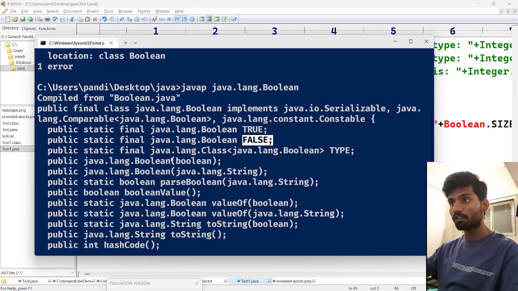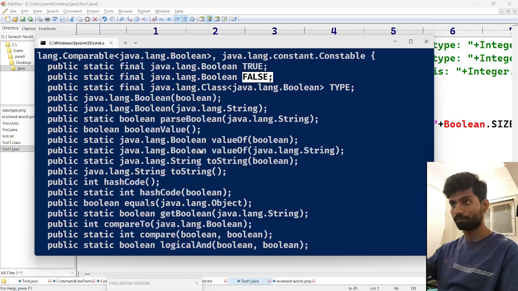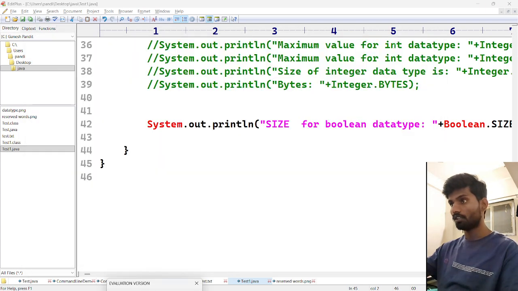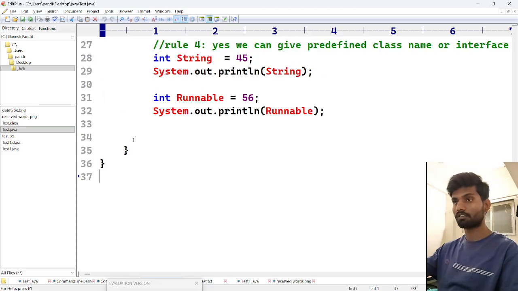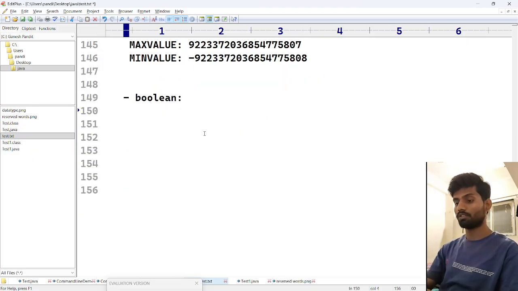Is any other constant variable available? No. So there is no terminology about size for boolean data types. So size is not applicable,